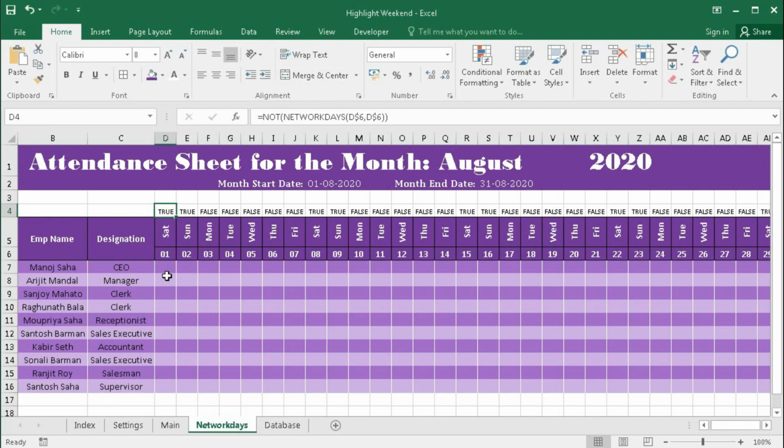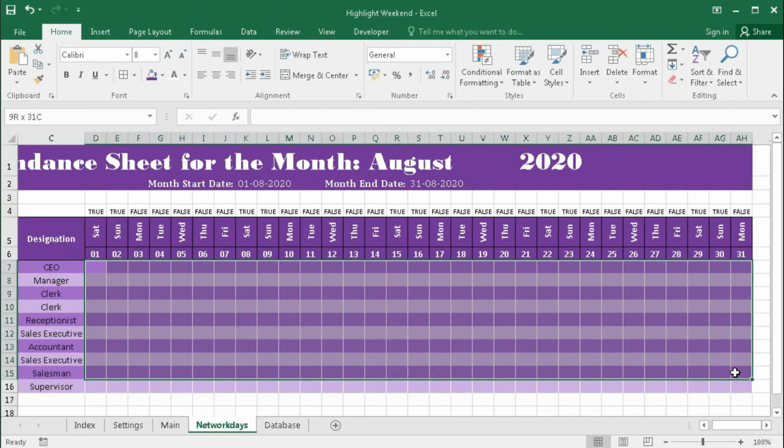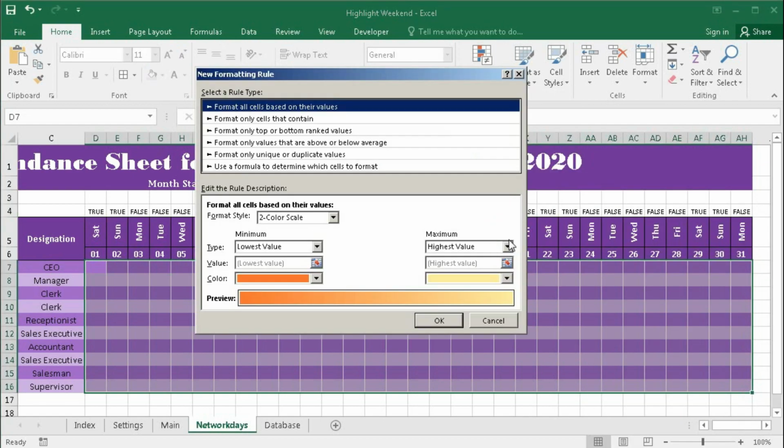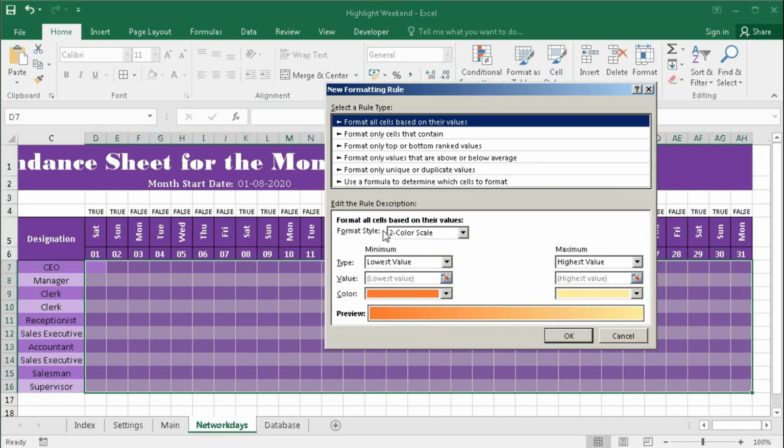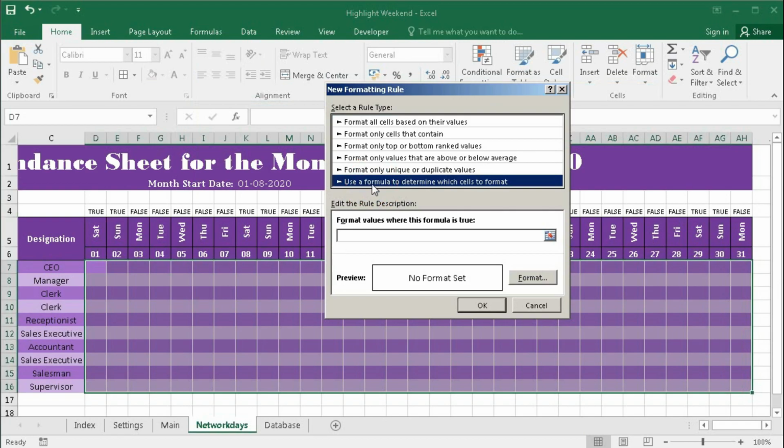So select the database, go to conditional formatting, new rule, select this option, then go here and type equal to this cell, and here I will make it mixed, yes, equal to true.